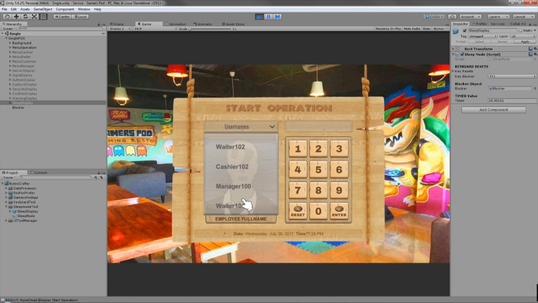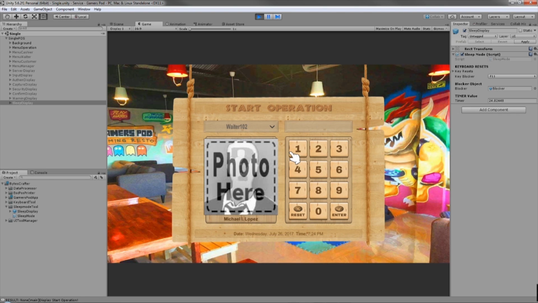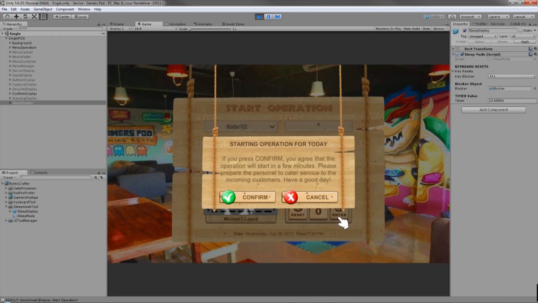For example, if the waiter is the first personnel who comes to the store, he should be the one to start the operation, and it will be logged in the database that he's the one who started this operation. So I always notify the user: starting operation for today.